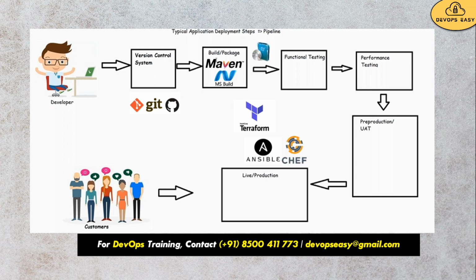Ansible or Chef: Ansible is push based, Chef is pull based. Anyway, we will discuss these things in Ansible. Nowadays Docker is becoming famous. So after generating the package, we will convert it into a Docker image, and the Docker image will be deployed into a Kubernetes cluster. So these are the demanded tools in the current market. If you have knowledge of these tools, you can crack a job easily.